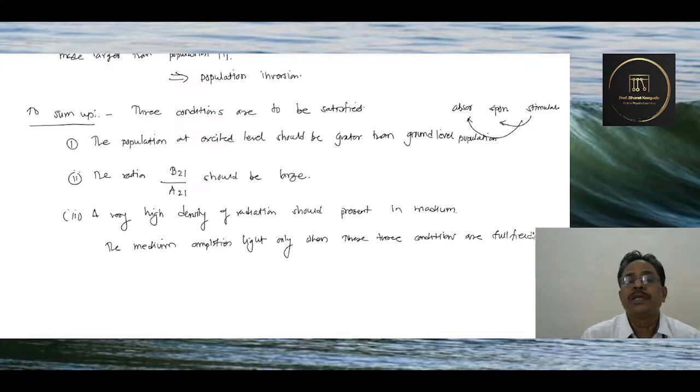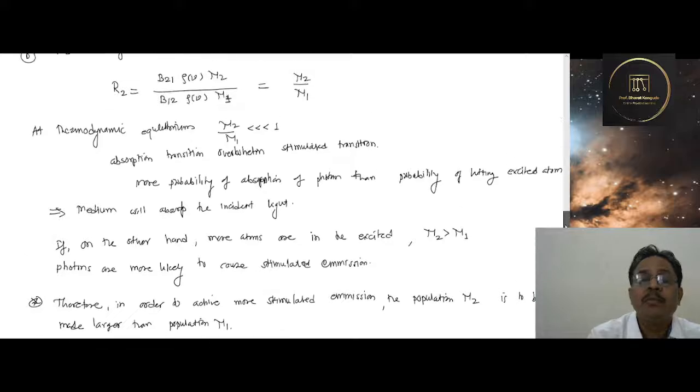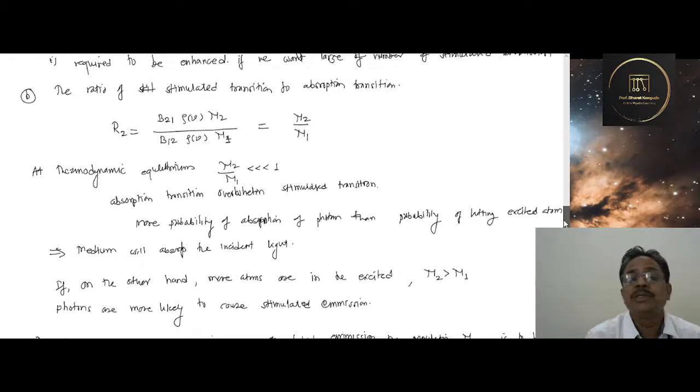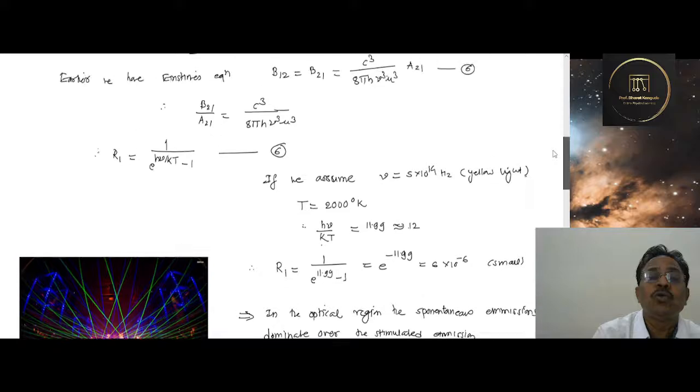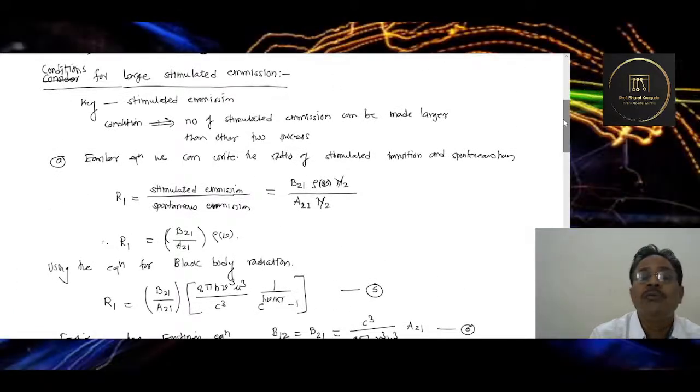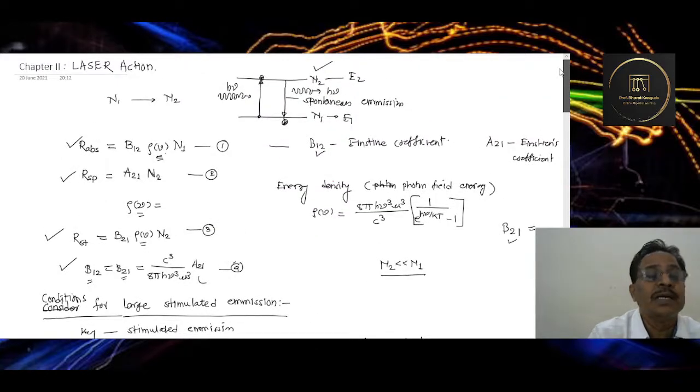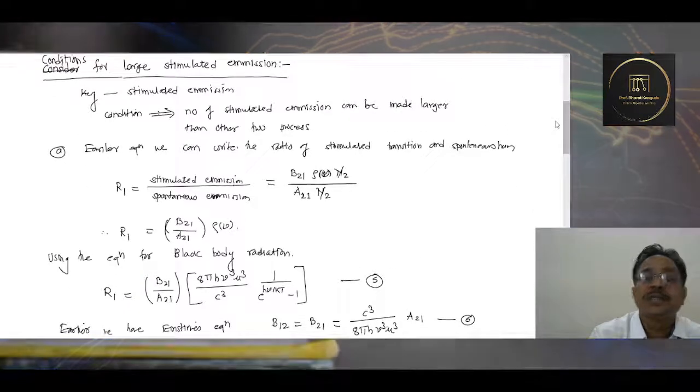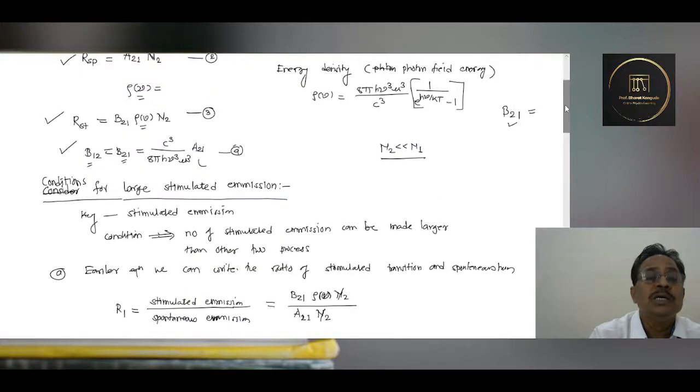Okay, so let me summarize what we have discussed in today's session. To create such a condition for a large number of photons emitted simultaneously, or making this particular stimulated emission more and more dominant, we needed to do all these things. So we started with the previous chapter's discussions, the three different types of Einstein's relations. These ratios are ABS, RSP, RST. Then this relation between all these three Einstein's coefficients, this equation number 4, we have seen all these conditions.